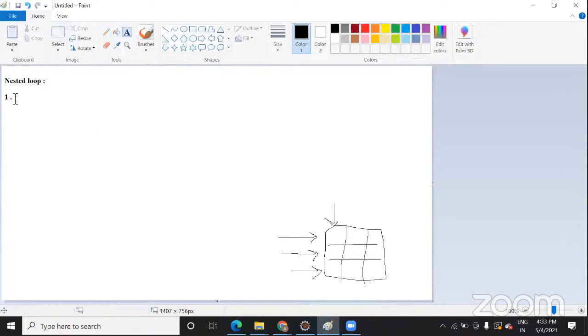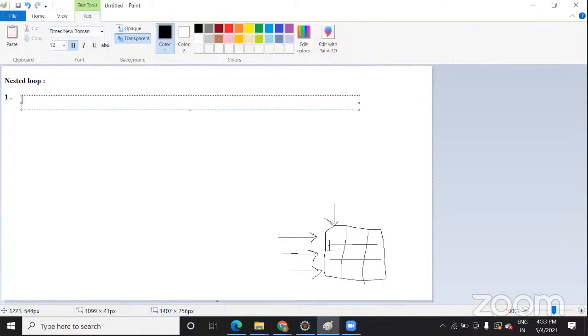So in industry, when you work on mathematics or statistics, at that time this for loop will be helpful. It will help you to work with two-dimensional data where you have both row and column.